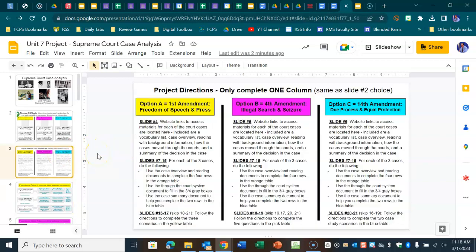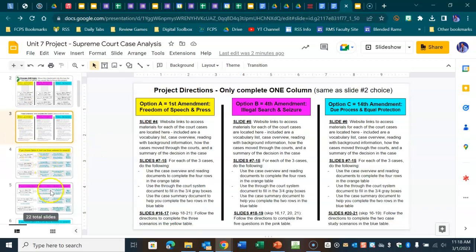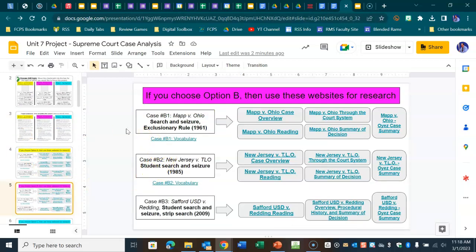If you decide to do option B, look on slide 5 for your websites. And here you'll see the same kind of setup. Mapp v. Ohio, 1961 at the top with the 4 handouts and the Oyez. New Jersey v. TLO, 1985. You'll see the same 4 type of handouts with the Oyez case over here. Safford Unified School District v. Redding, slightly different websites, but same thing as the reading. There's one with the procedural history and the summary, and then there's also the Oyez if you want to use that